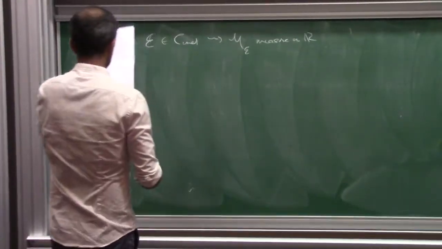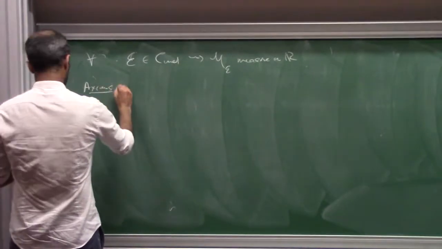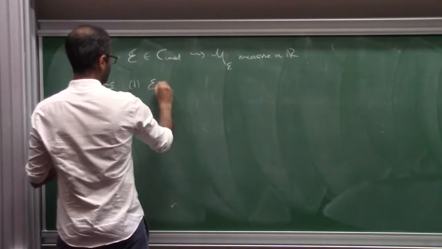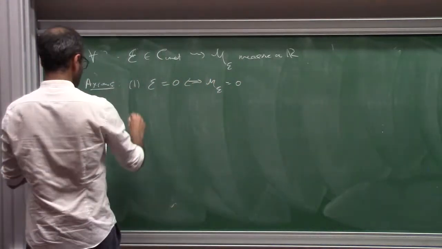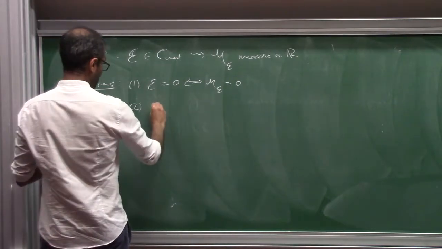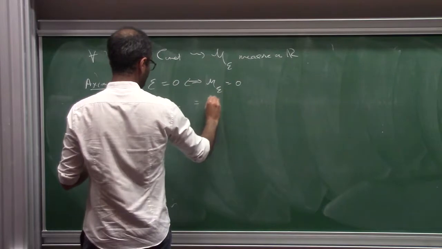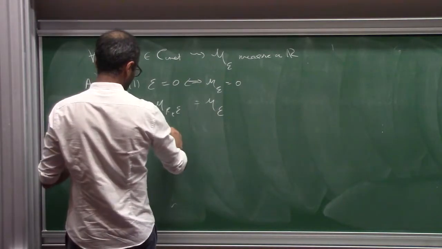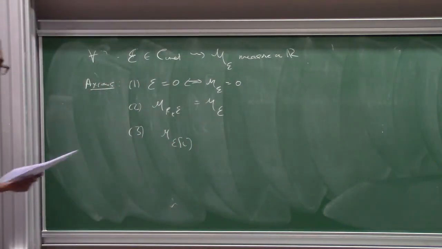Okay, so you want some measure, and then you want it to satisfy some axioms, which may or may not be a complete list. Let me say that E is 0 if and only if mu E is 0. Mu is invariant under this rescaling action. Then mu of E shifted by 1. So for example, for a Lagrangian, shifting by 1 is just